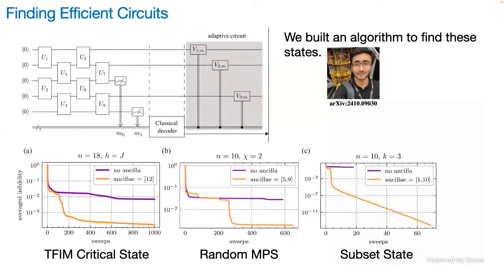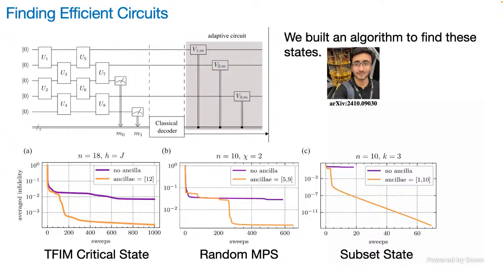The way we like to ask this question is we're going to fix some depth. The unitary circuit gets to run depth 7. And then we're going to fix the same depth where we allow it to do measurement plus adaptive feedback. And then we're going to ask how close did it get? So here are 3 states: the transverse field Ising model critical state, a random matrix product state, and a subset state. These are all judiciously chosen to have entanglement that is much smaller in general than the depth needed to build it. And this is a log plot, this is infidelity, smaller is better, orders of magnitude, right?